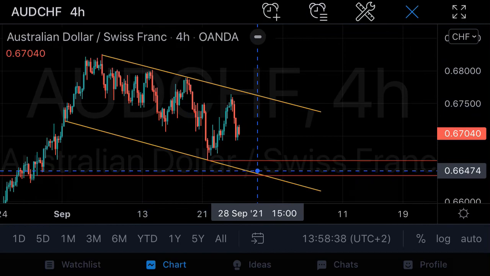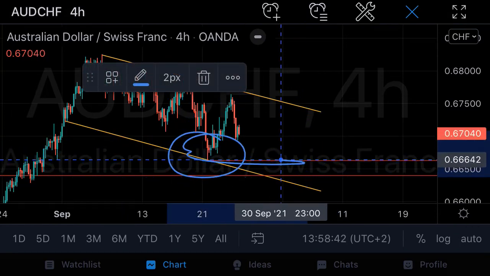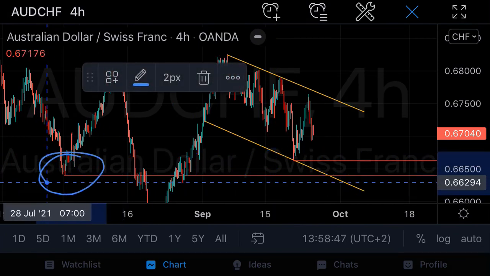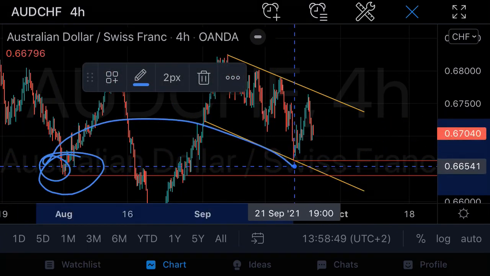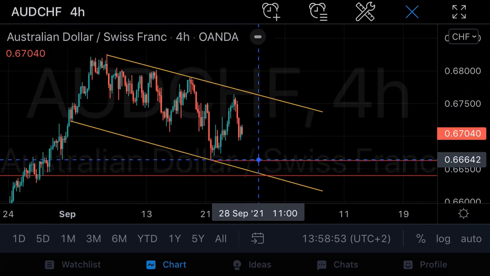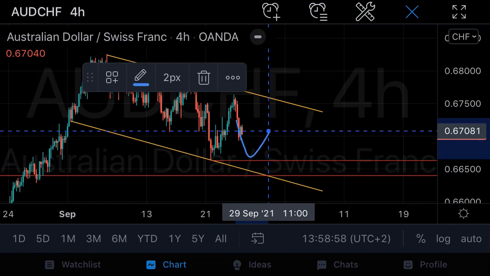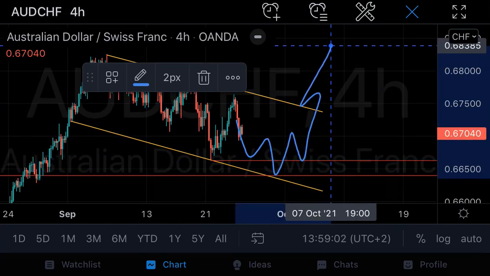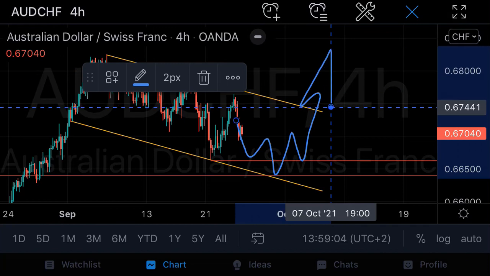So what we'll be looking for, guys, is a nice pull into our support regions somewhere along or close to these structural lows over here, where we also have this previous area of support that we're expecting price to now retest in the current price action. So what we'll be looking for, guys, is for price to pull down deeper into our support area, give us a nice reversal structure at this area over here, which we will then